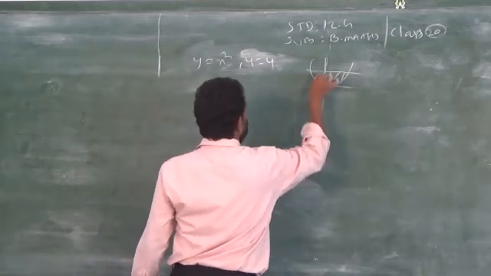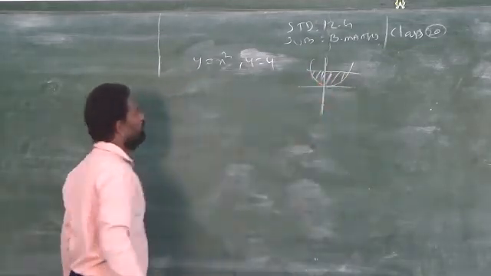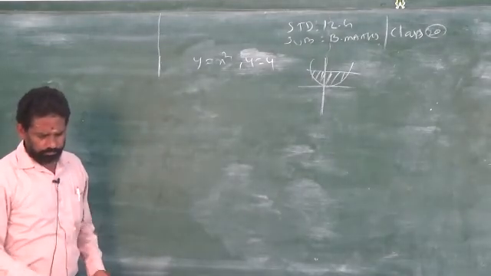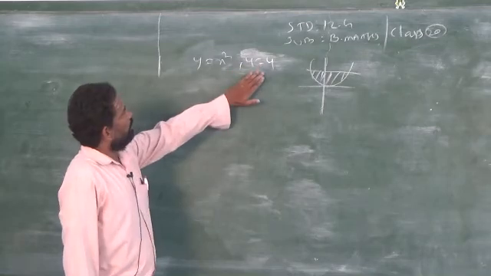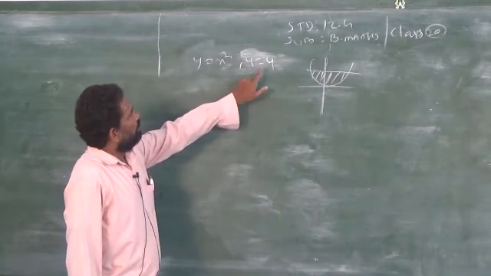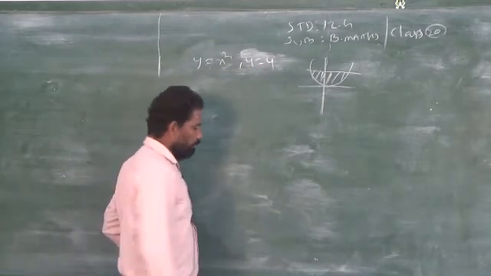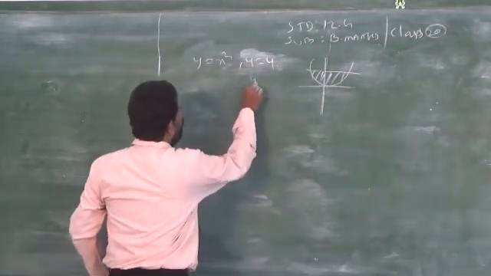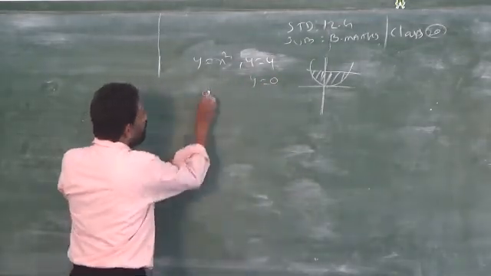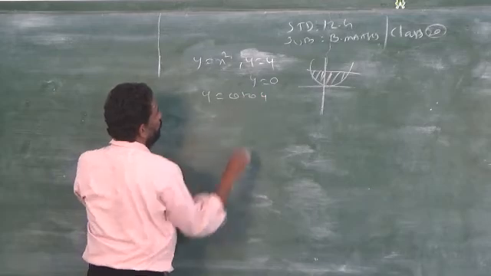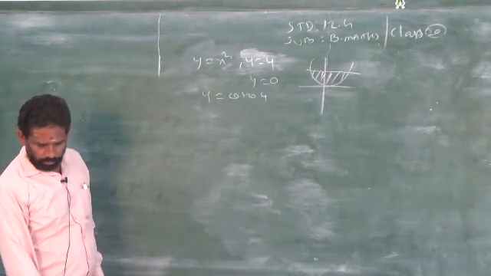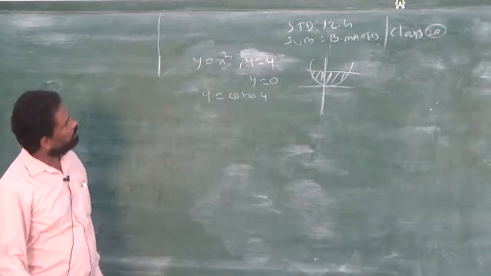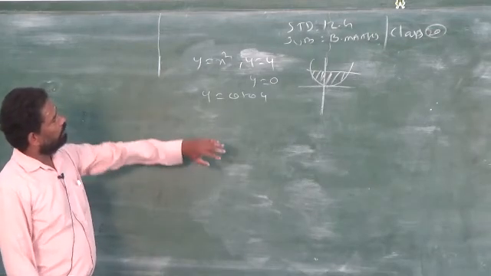You have to find out this area. It's the area between the straight line and the curve. So easily you can find out: y is equal to 4, and only one limit is given. Therefore, what is the other limit? 0. So you have to take 0 to 4. But you are asked to find out the area between the curve x square and the straight line. So we have a different concept.